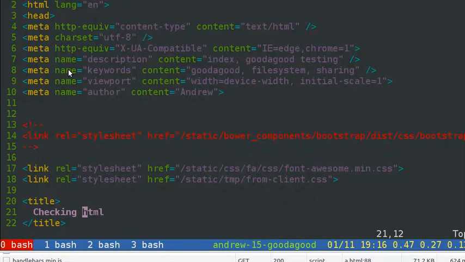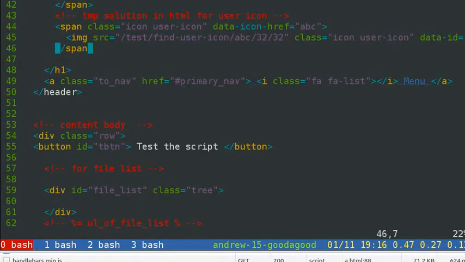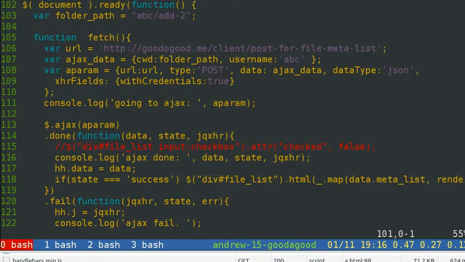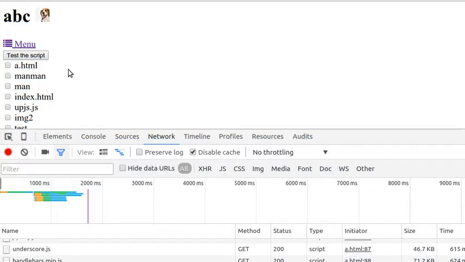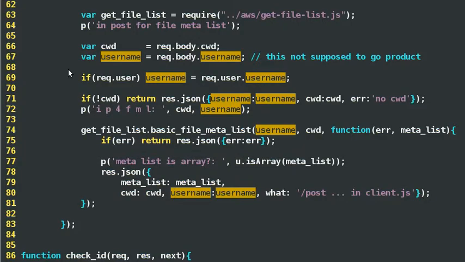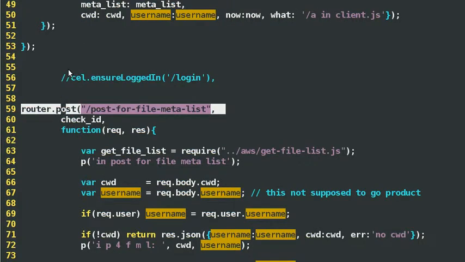What we are doing is to set up a demo that skilled user can control how their folder present information to nearly every detail of the representation of their folders. The code client.js is for express. Root post for file meta list. It will be under URL